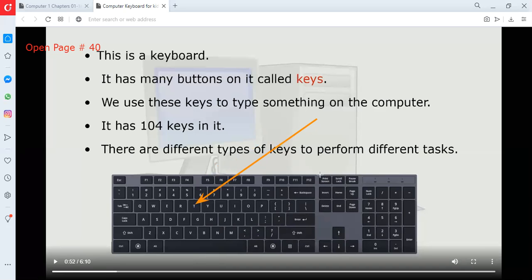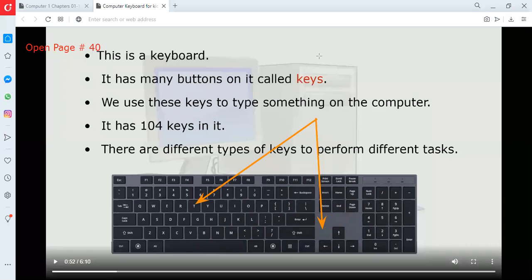Now we are saying that if you want to play game, these four arrows on the right side help you to play game. If you see on your keyboard, it has some arrows, and there are four arrows: up, down, right, and left.